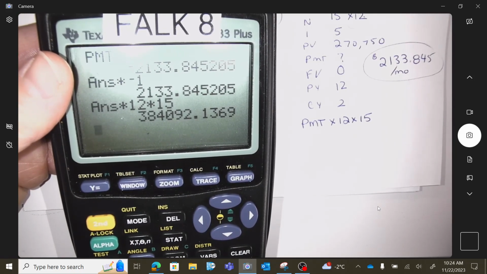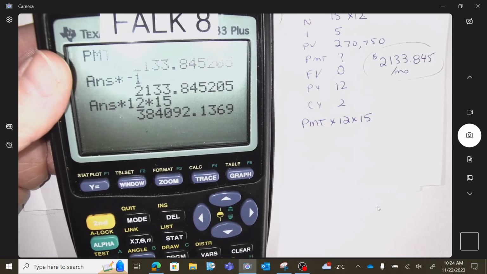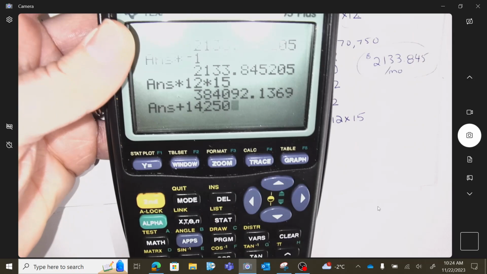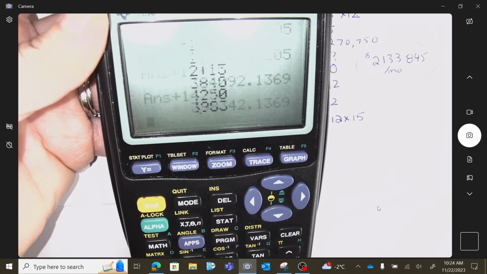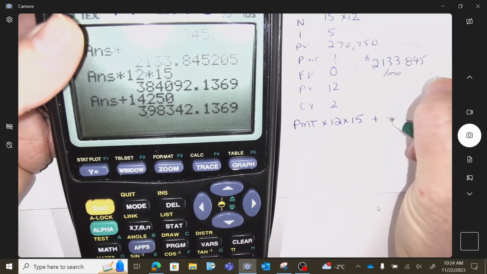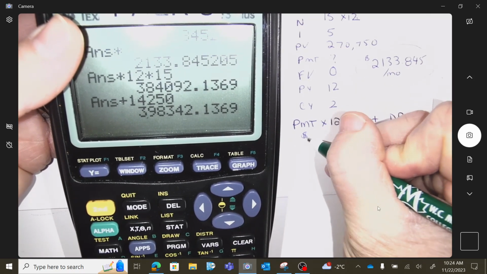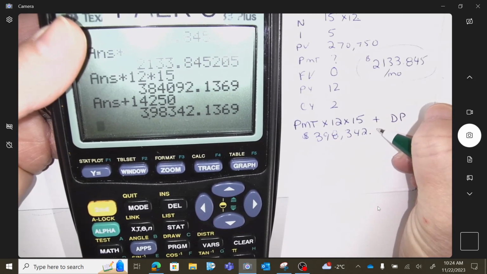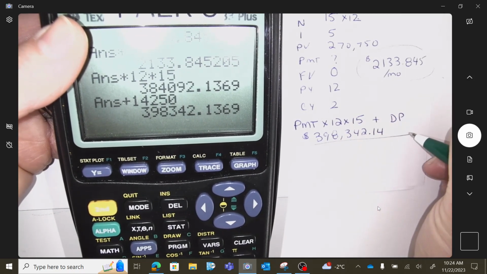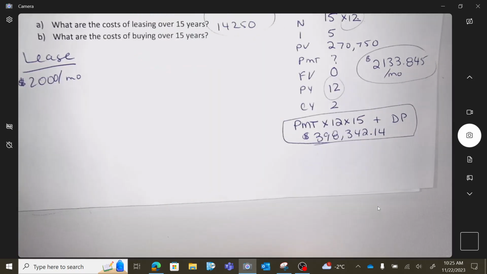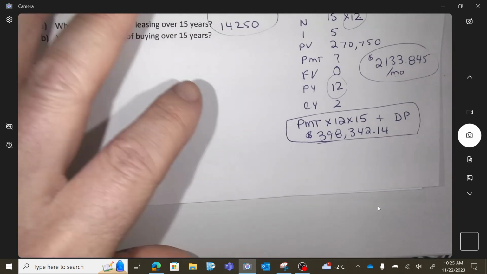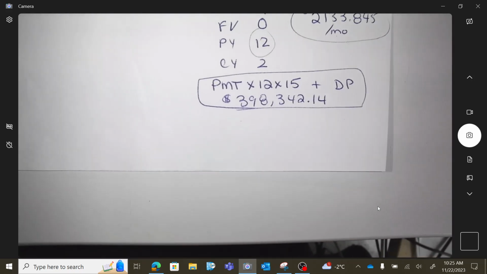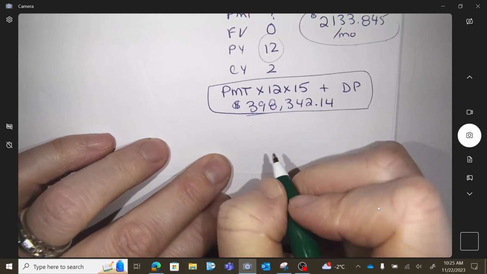Okay, what else came out of your pocket though? Day one, you did a down payment. Okay, so that is all the money that left my pocket over 15 years. That's how much money I've spent. But,